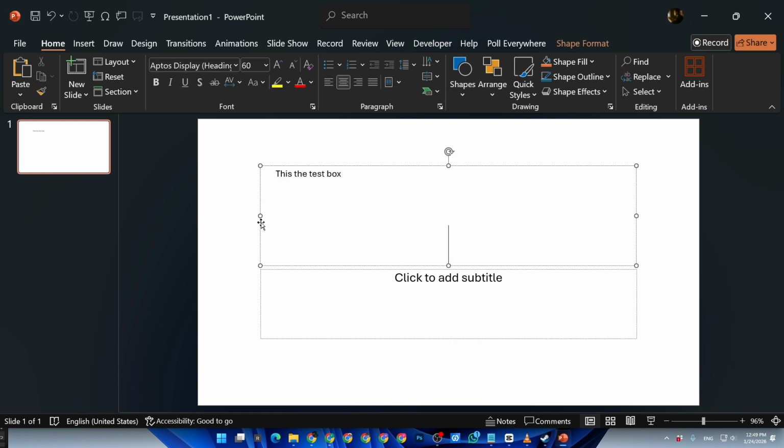And that's it. You've successfully added and tested text-to-speech in PowerPoint. This feature is great for accessibility and gives your presentation a more professional feel. This is the test box. And that's how you add